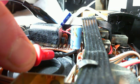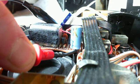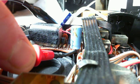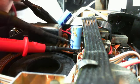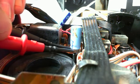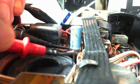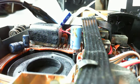Well, maybe I got this all wrong. These capacitors are actually in reverse of what I thought they were, and they're grounded differently. So I'm really not reading properly across this capacitor, I think. Let's see if I can get right on both leads here. Seven point four volts is what I'm reading across that capacitor. 7.4. And this other one,